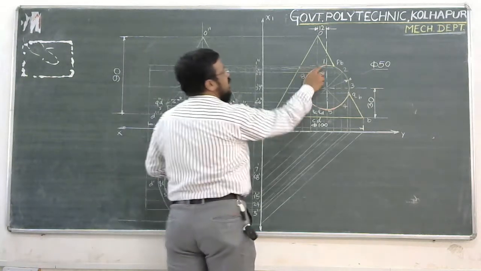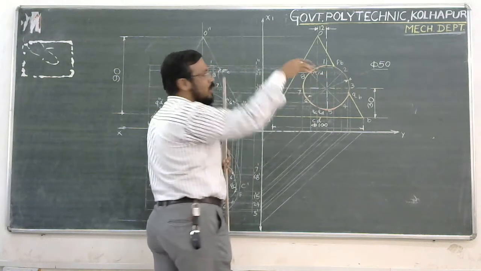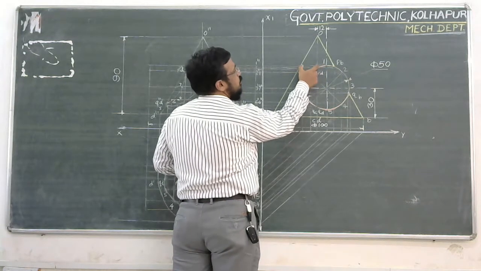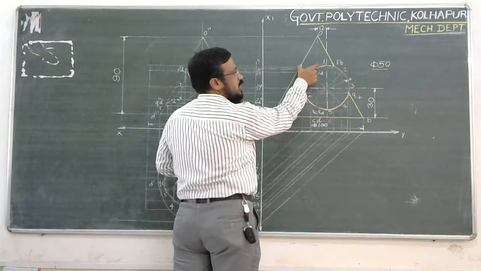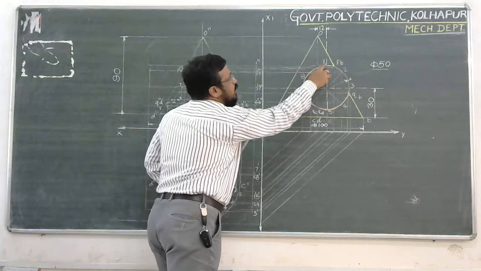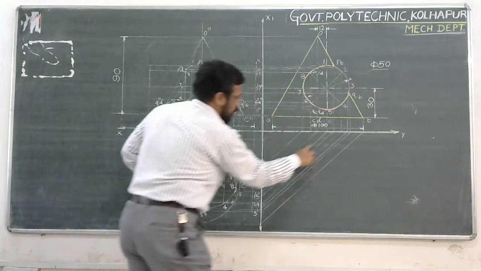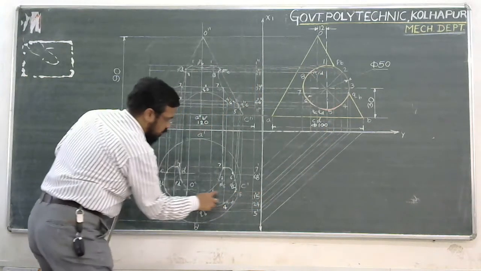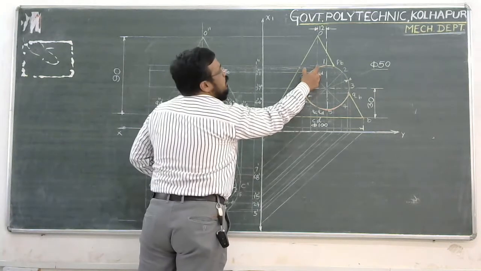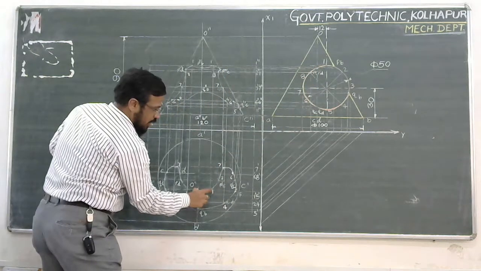So 1 lies on this reference line. This reference line we have to consider as a cutting plane. For this point number 1 location, take this distance from the axis of the cone to this end generator into your compass. Then follow this point 1's projector. So here it is point number 1. This is the back projector. On this projector, with center O and radius equal to the distance from the axis of the cone to this end generator, you have to cut the arc.